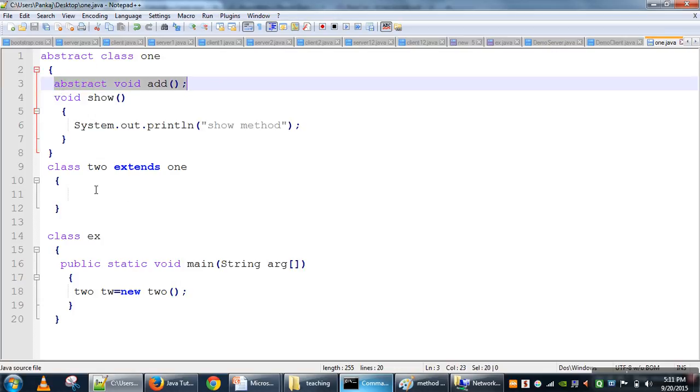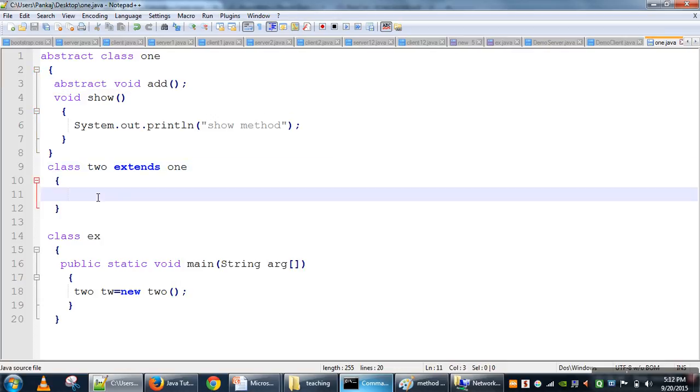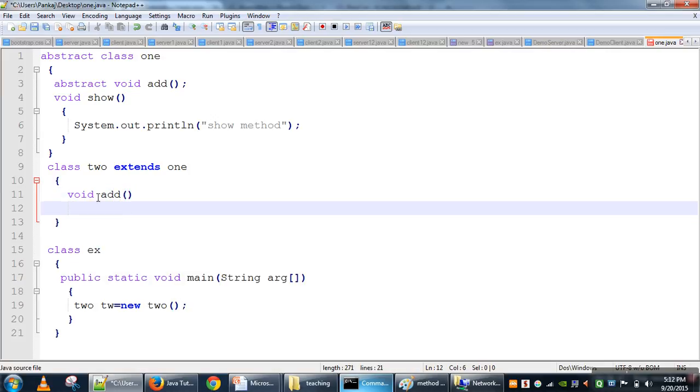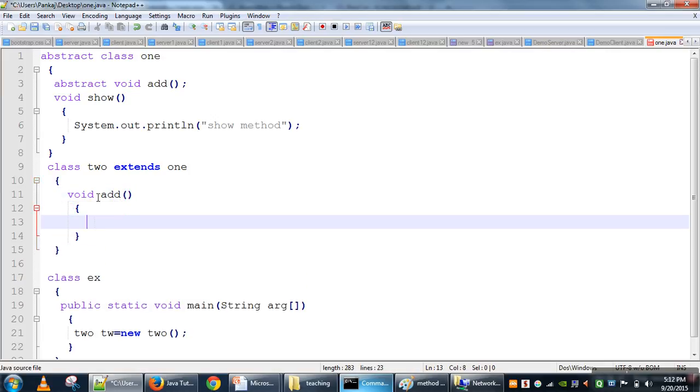And if a class has an abstract method, that class also becomes an abstract class. But here we are not specifying any abstract keyword. So there is a constraint on the child class. If you want to use the child class, we have to provide a definition for every abstract method that is declared in the parent class. So now we have defined this method.